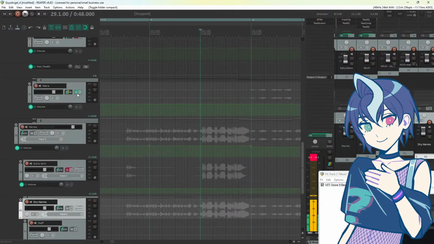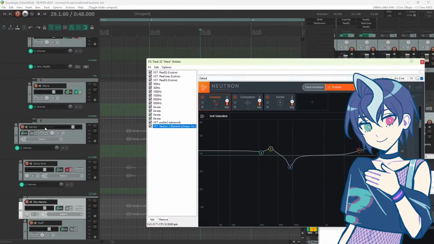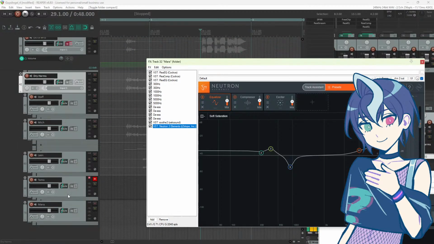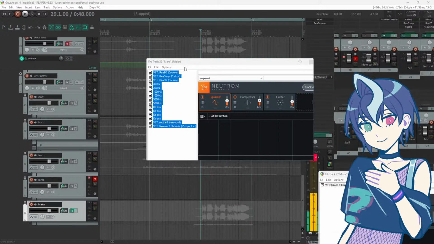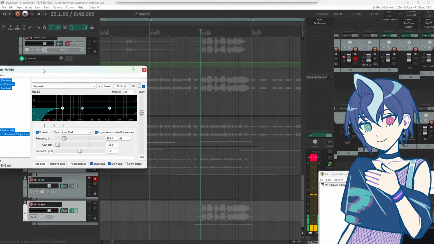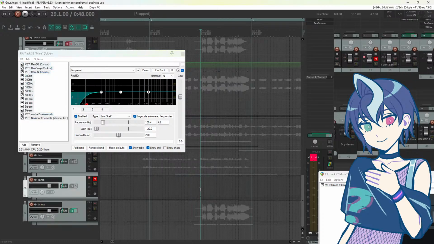Well, anyway, you could just go to where I affected Mara's voice. I have all these effects here. Scroll down to Mara again and just copy and paste those effects on. So Mara's harmonies should now